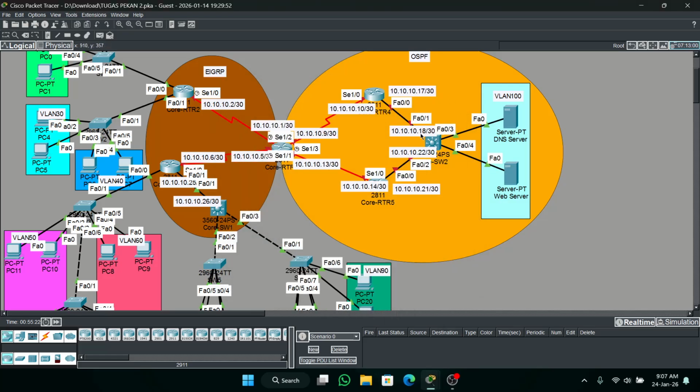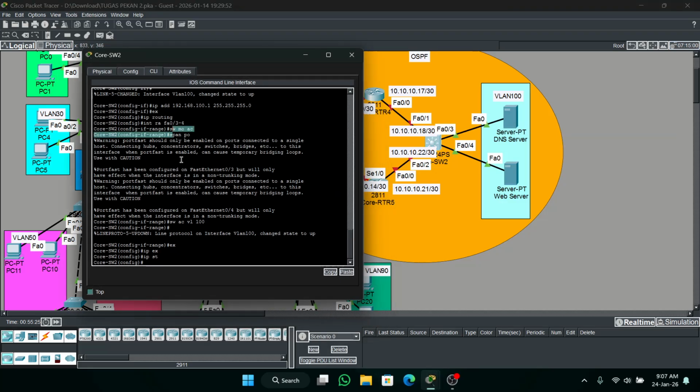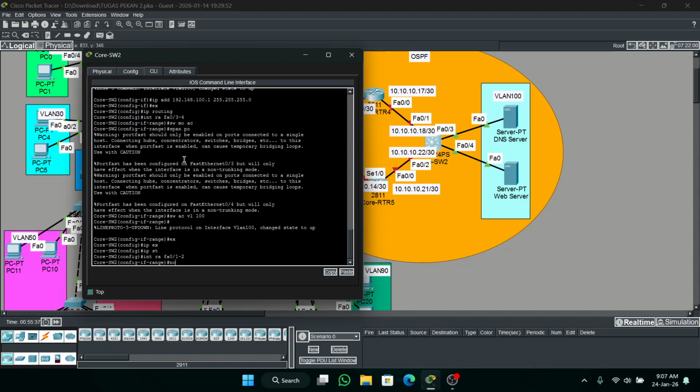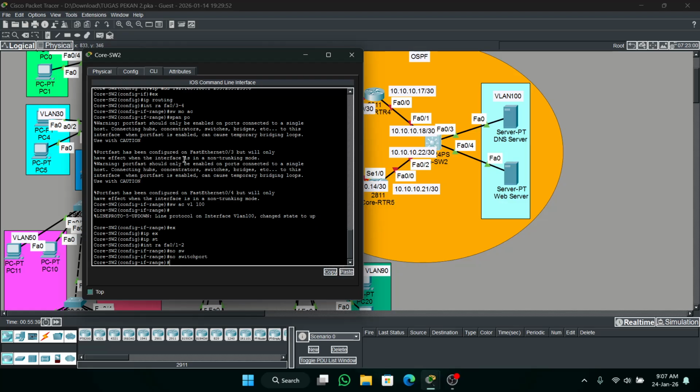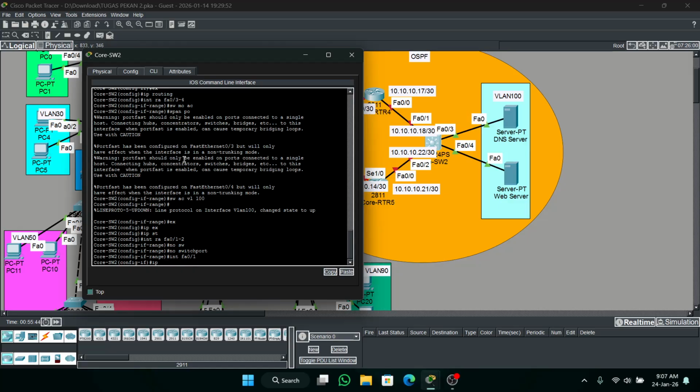Next we configure the port to the routers. Interface range Ethernet 0 until 2. No switchport. Okay. IP address to the Ethernet 0.